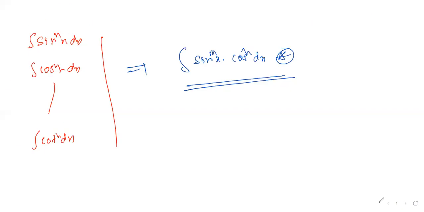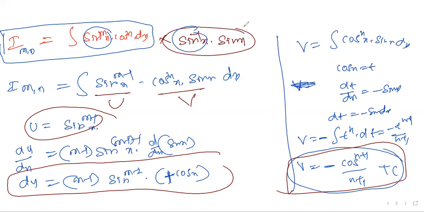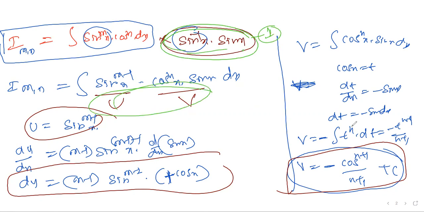This is the derivation for this. Please try to understand it. We'll try to explain once again. This is step number 1: multiply by sine. Step number 2, UV calculation. Step number 3, if you have a doubt, cos x is equal to t, you need to understand, to make the integration very simple.